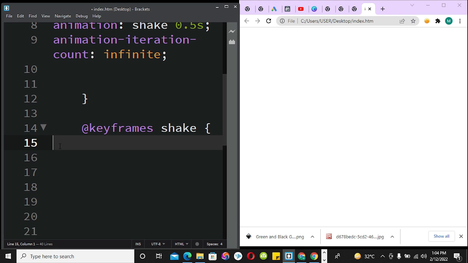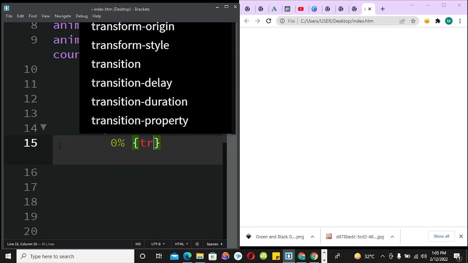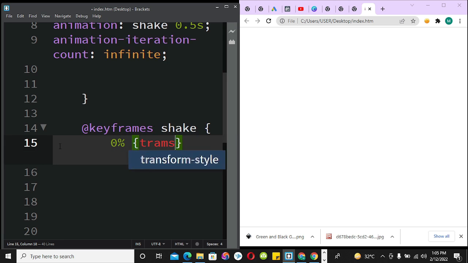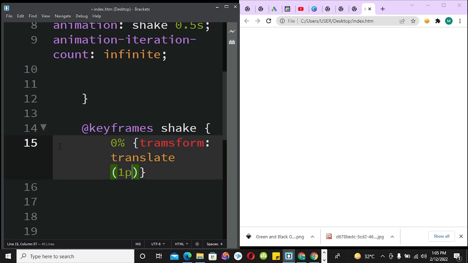So first, at 0 degree, I need the image to transform translate at 1 pixel by 1 pixel,